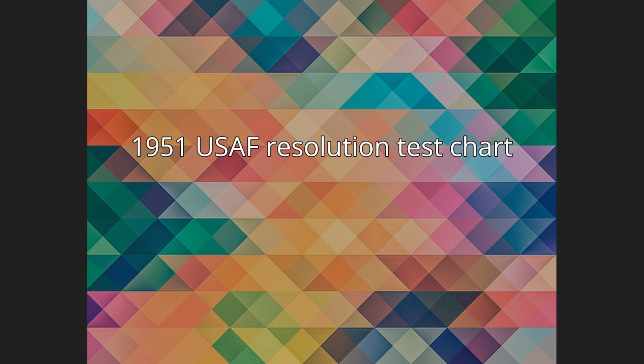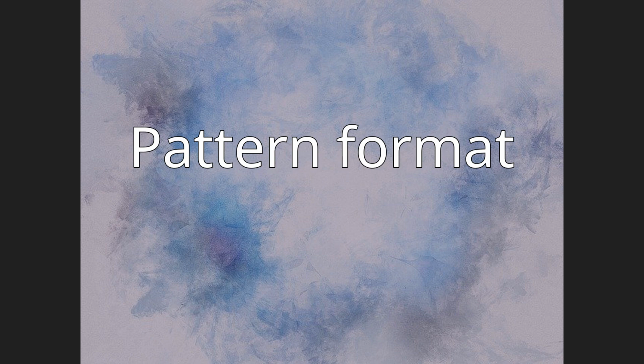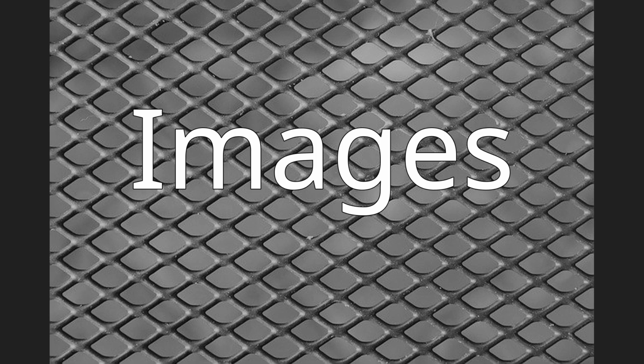Optical aberrations in the imaging system are readily detected and characterized by translating and rotating the elements within the imaging system's field of view. Pattern format. Images, JIS,